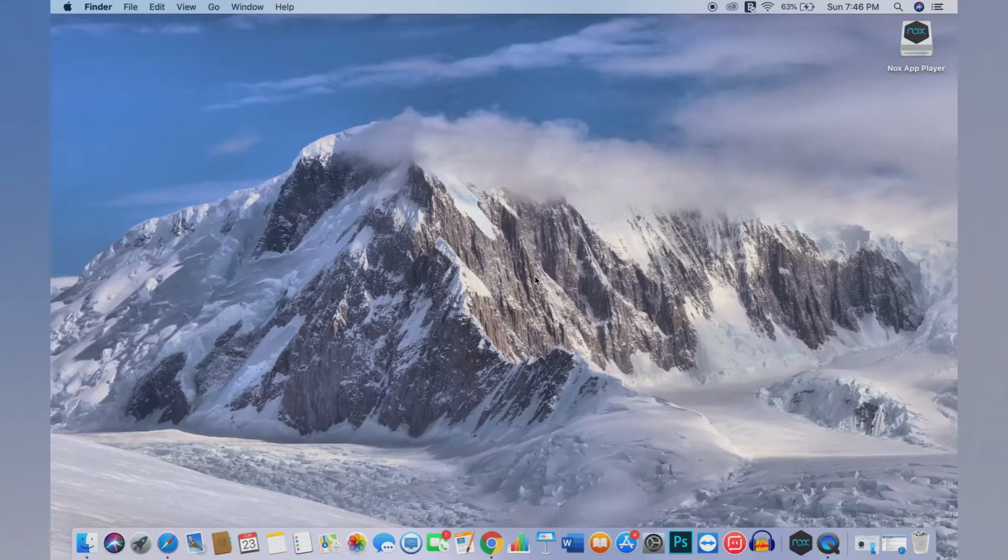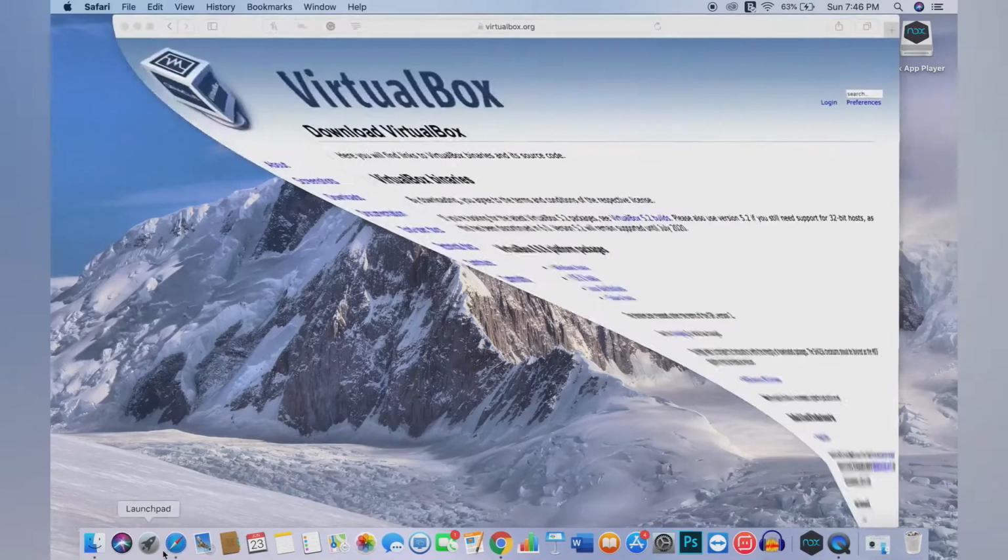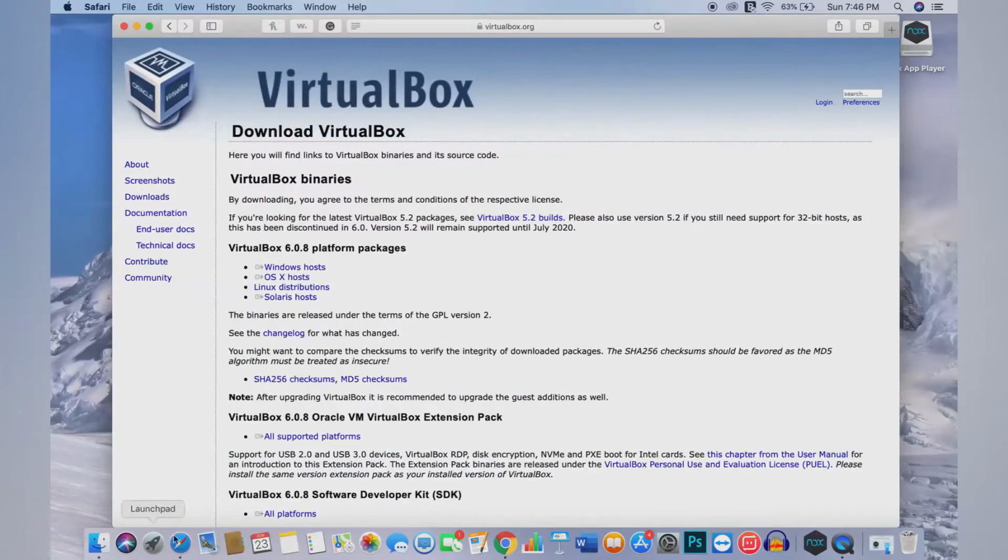I had that issue. It got to 99% and then stopped. If you have that issue, this is what you're going to want to do if you're on Mac. You're going to open up Safari and either type in virtualbox.org or click the link that I've provided down below in the description. If you're on a MacBook, you should be able to simply click this right here, OS X